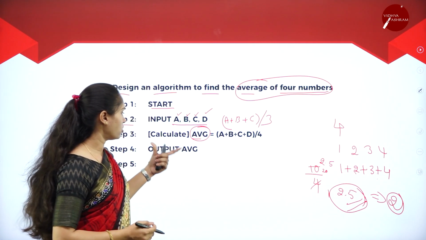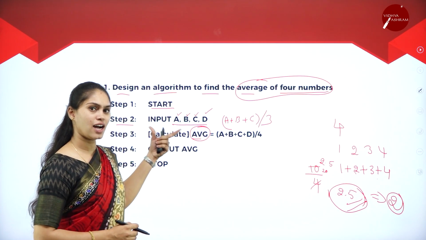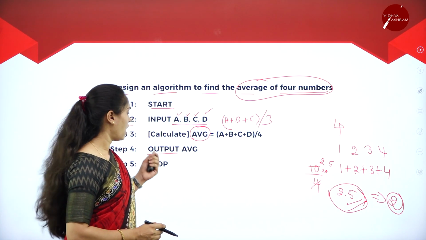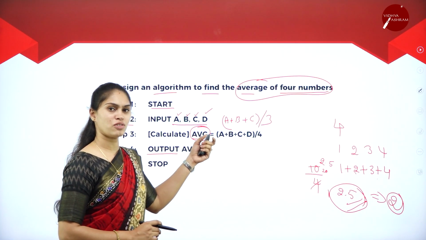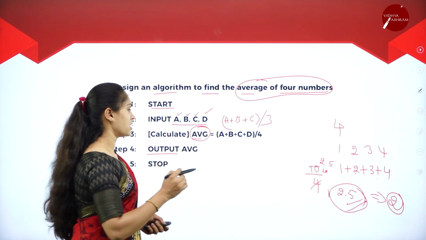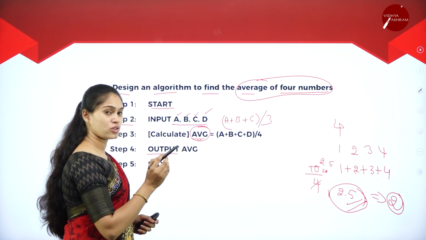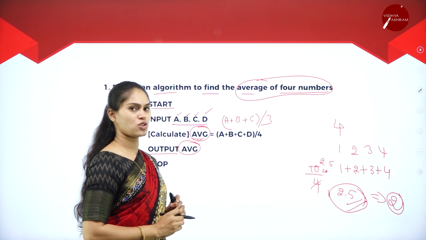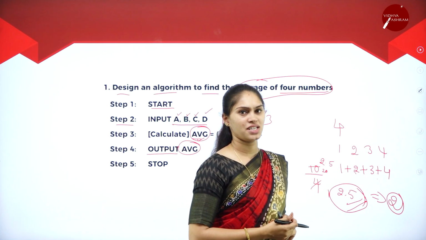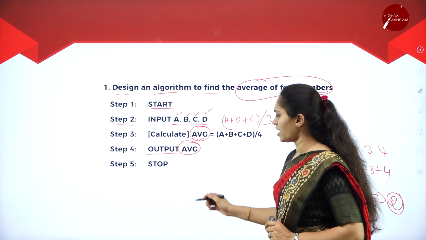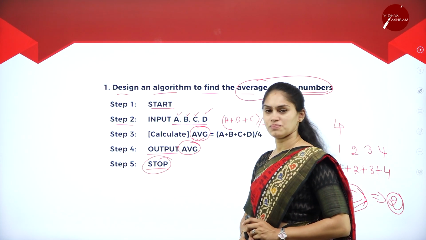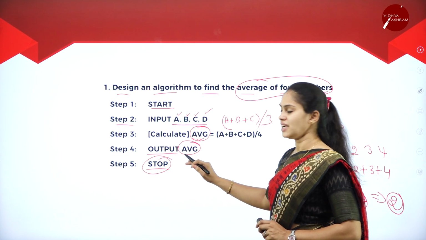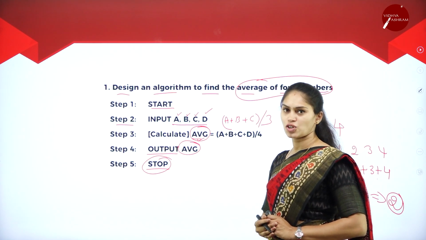Getting? So how to define or how to declare the output? By making use of keyword called output. Okay, output, where the value of this average of all the 4 numbers has been stored, that is stored in the average variable, so that we are going to output AVG. So we are going to get the average of 4 numbers by taking AVG as an output. At last, what we need to do, that is stop. Okay, so input ABCD and I am finding an average and I am displaying an average and then stop.